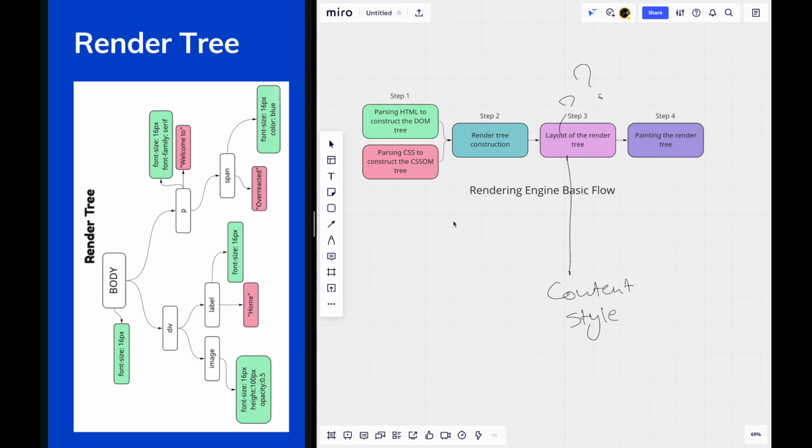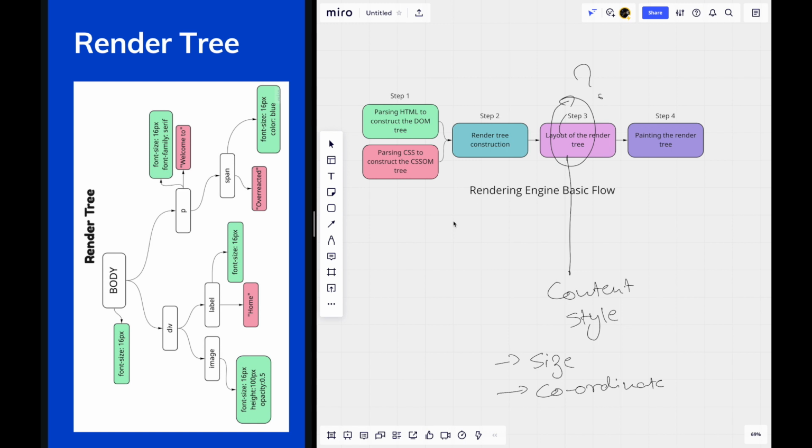So this is done in the step 3 of the render engine, which is to calculate the size and the exact coordinates. So imagine your screen to be a graph, and these divs, the elements of the HTML, need to be placed on the graph. So coordinates and size is determined in the layout step, which is the third step of the render tree.